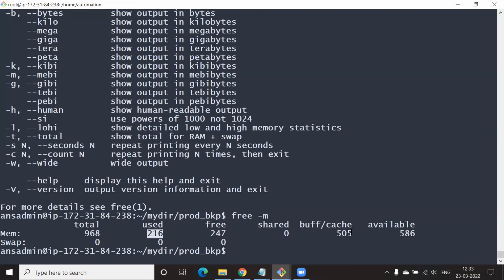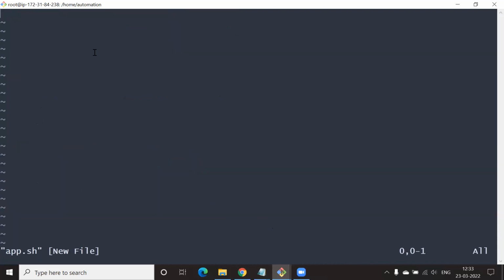But let's say, go ahead and create a file called task.sh using vi. Plug in uptime and free, the two commands that we just ran. Now save it and run it.